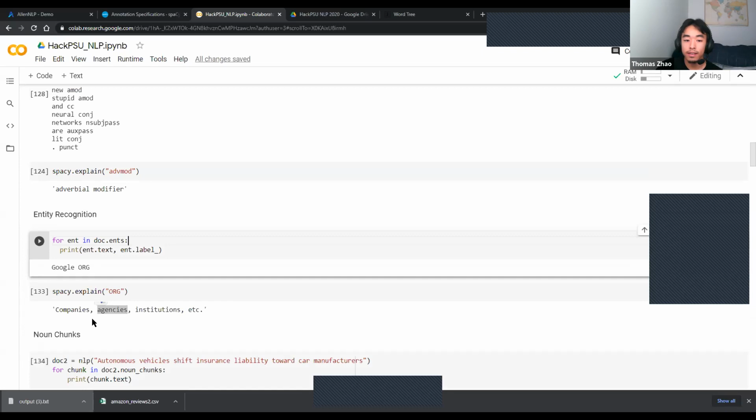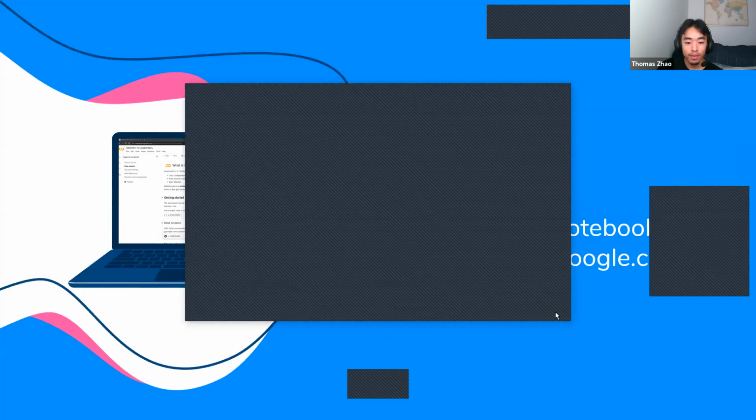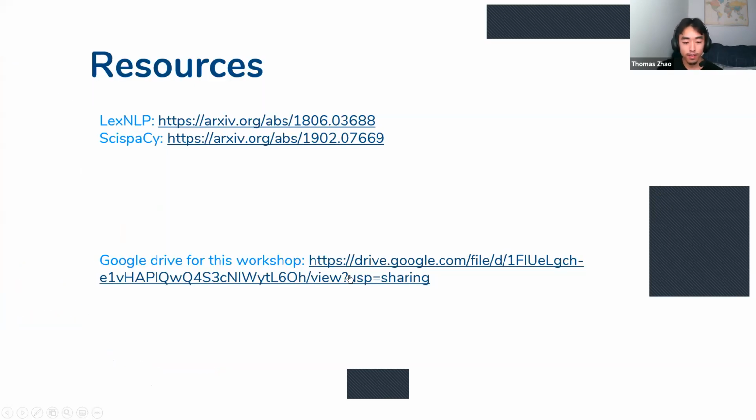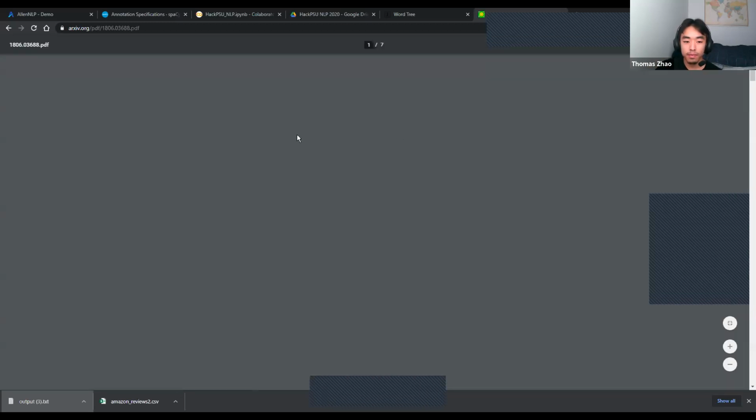Screen share. Okay. So here's the Google Drive. I have these two links here. I'll upload these slides to the Google Drive as well, so you guys can have a look at them. But LexNLP, I want to show you guys, it's a real world app. Oh wait, I got to switch screens again. It's a real world application of how to sort of use the tools I just described. And we'll have a look at what they did here.